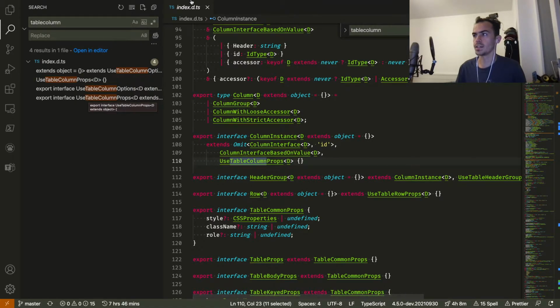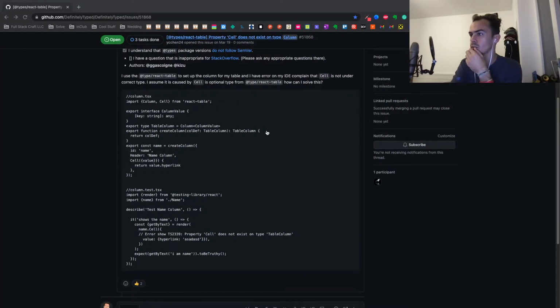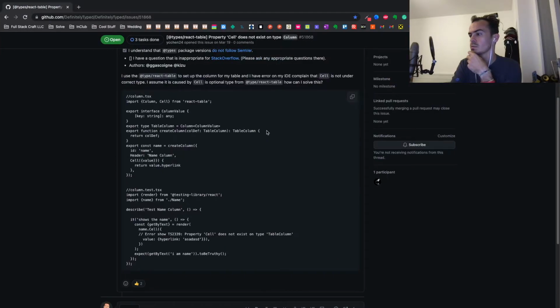It's not here, dude. React table. Import column cell from React table. Oh yeah. What? Property cell.